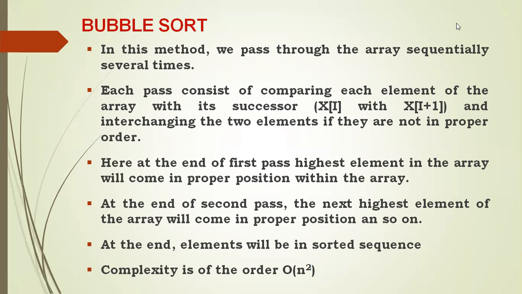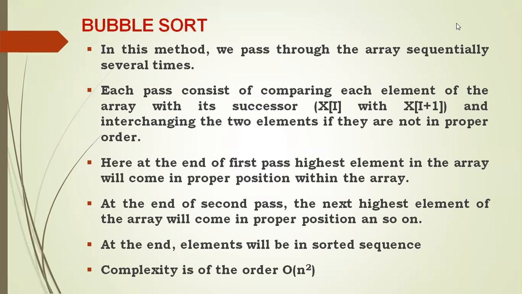So the general idea of bubble sort is, if there are 10 numbers, then altogether 9 steps are involved. In the first step, the 10th element will go. In the second step, the 9th element will occupy the proper place. In the next step, the next highest element will take the proper place, and so on. In general, if there are n numbers, the number of passes involved is n minus 1. That means to sort 5 numbers, altogether we have 4 passes. To sort 10 numbers, we have 9 passes.